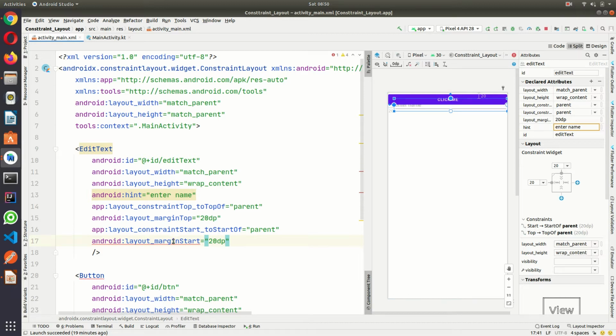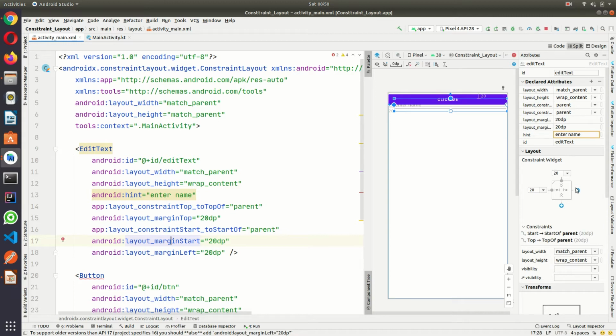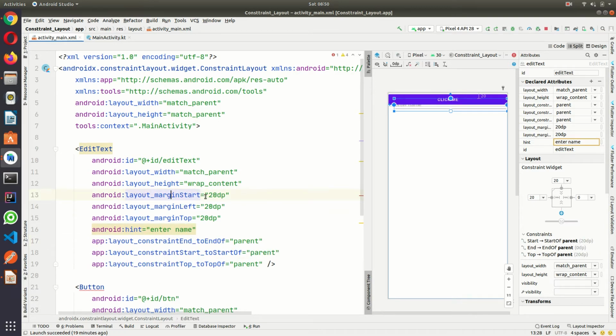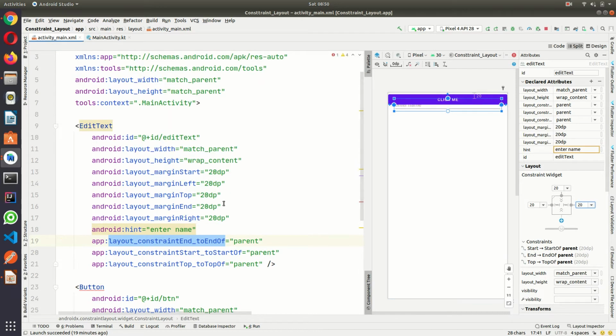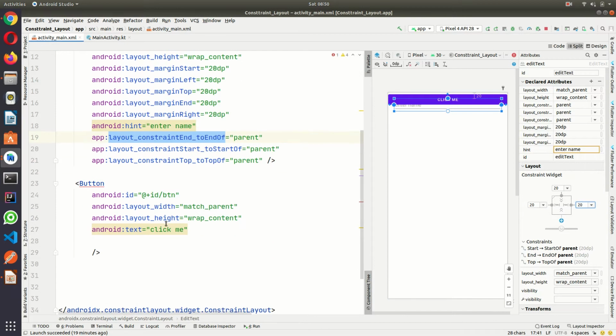For end also, if I do this, the property also comes end to end, and here I can give margin 20, press enter. Okay, so now I wanted to do this with the button, so I wanted to align the button at the bottom of